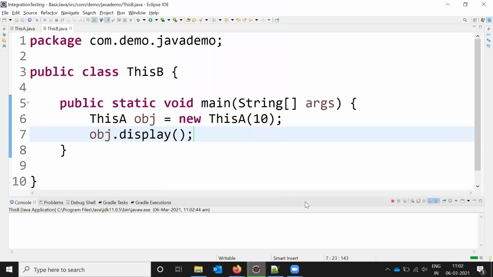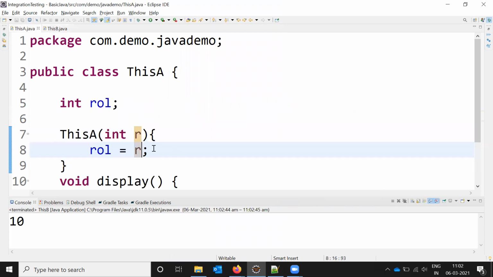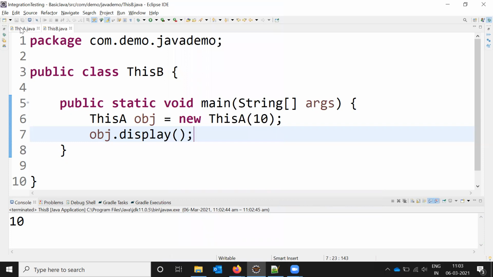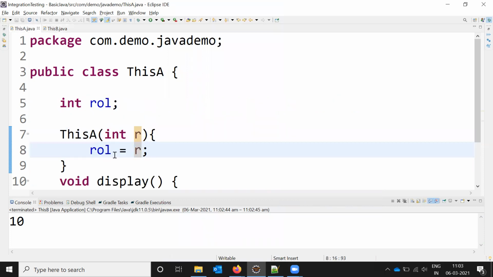If you give the constructor parameter a different name, it will assign the value to the variable presented in that particular class. Otherwise, if you want the same name, roll, in both the constructor parameter and the class variable, you need to use the this keyword. That is the first one.